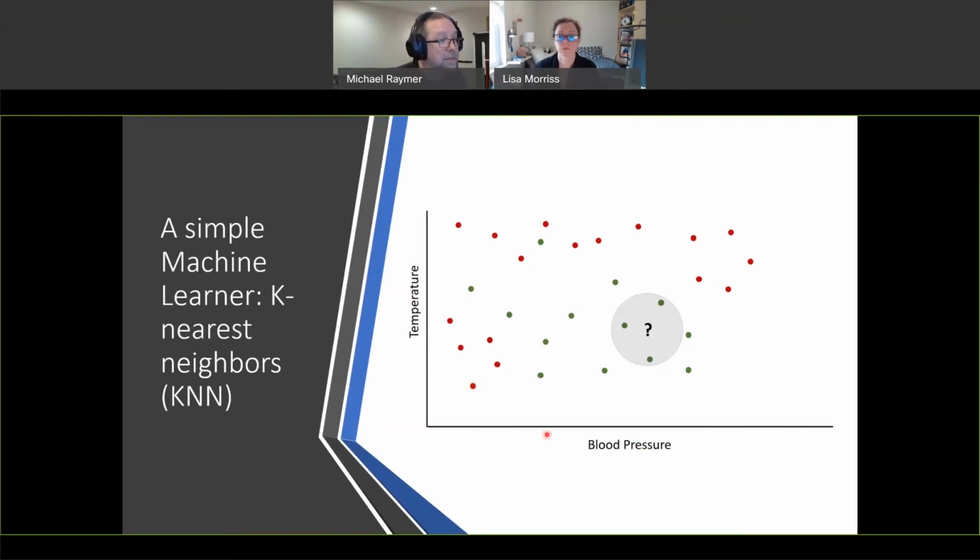Another individual comes in, they're healthy. We simply put them into our plot. Here's your blood pressure, here's your temperature. Another healthy individual, blood pressure, temperature. Two features, put them into this two-dimensional space that I'm creating. Essentially, what that means is I'm memorizing every single